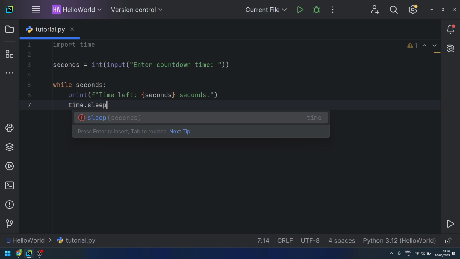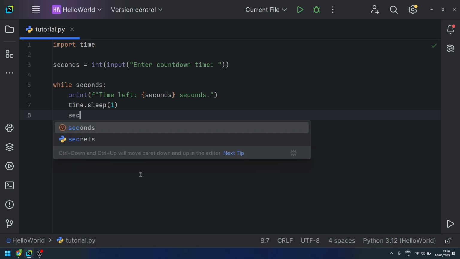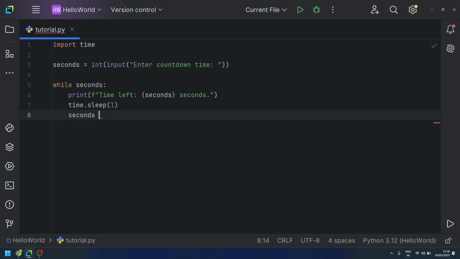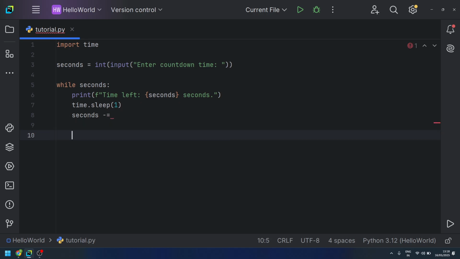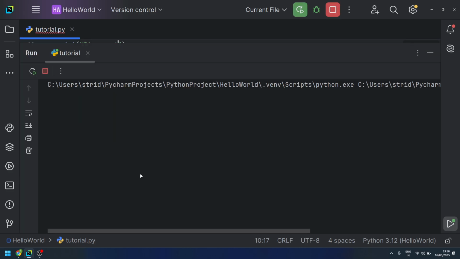Time dot sleep in brackets 1 second, then seconds minus equals to 1. Then we want to print time up. So now if we run this,